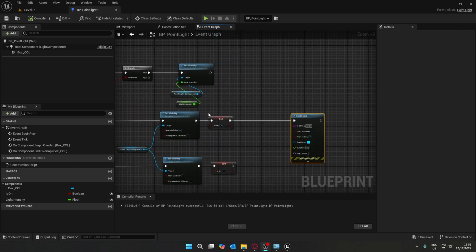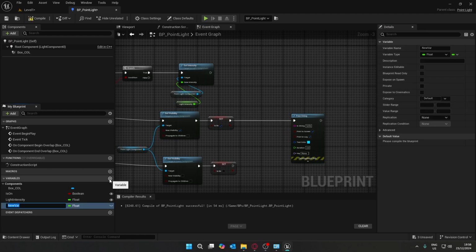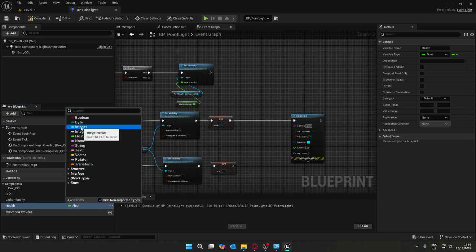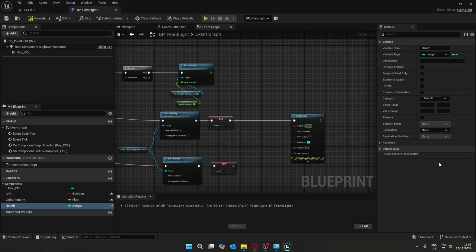Let's say we want to have a variable for health for our character. So we can create a new variable by clicking on the plus sign again. We can call it health. And usually I would use a float for health, but just to use something different, let's assume that this is going to be an integer or whole number variable. We're going to compile this so that we can change the default value to 100,